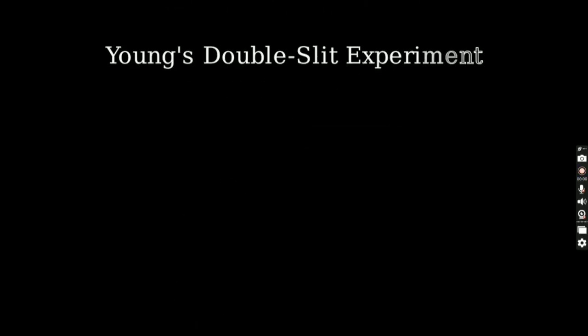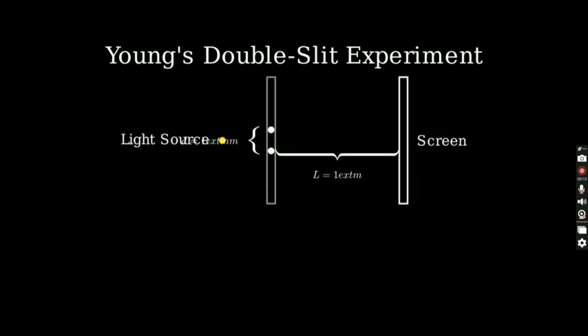Welcome. Today, we'll solve a Young's double-slit experiment problem. Let's understand how to find the distance between the third minima and the central maxima. Let's first visualize the experimental setup. We have a light source, two slits separated by a distance d of 1 millimeter, and a screen placed 1 meter away. When monochromatic light with wavelength of 500 nanometers passes through these slits, it creates an interference pattern on